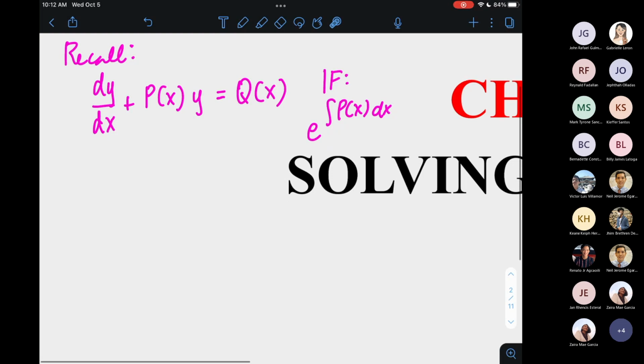So basically, you have e to the integral of p of x dx, dy over dx, plus e to the integral of p of x dx times p of x y equals e to the integral of p of x dx times q of x. All right. And then we do this